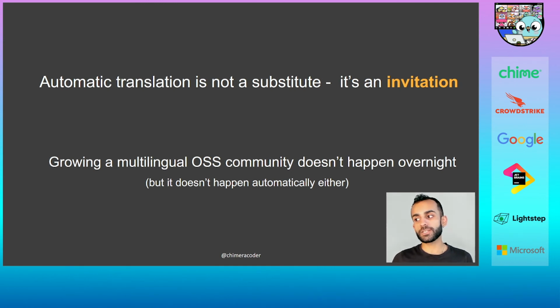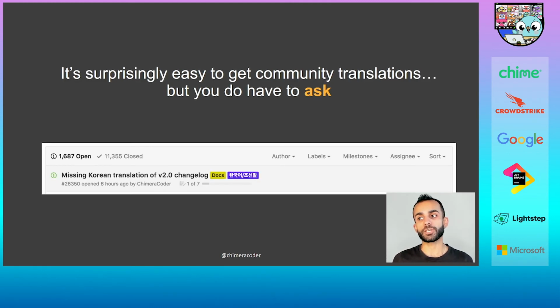The goal with automatic translation here isn't to be perfect. It's to plant the seed. It's to signal that you're interested in making your project open and accessible to people who don't speak English, that you're willing to invite them in as part of your project. So now, once you've planted the seed, you may be surprised by how many native speakers of other languages are drawn to your project. But you don't have to wait.